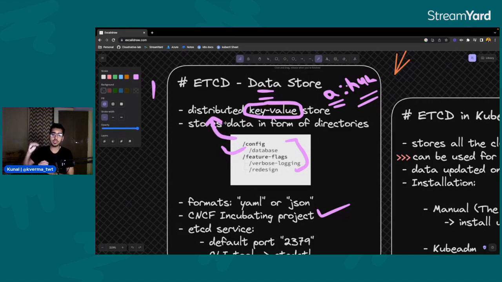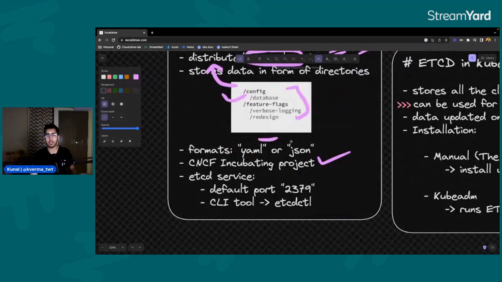It distributes your data in a very structured manner, like a folder or directory system. That's why it's called a distributed key value store. The format it supports is either YAML or JSON, so it supports both types of format for writing your data into it.